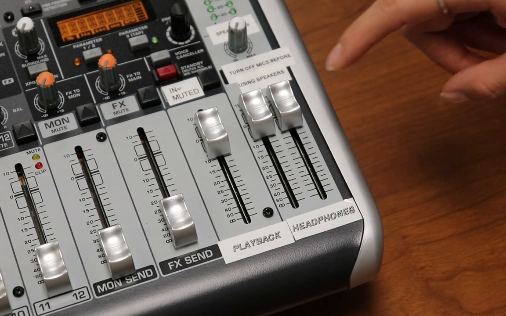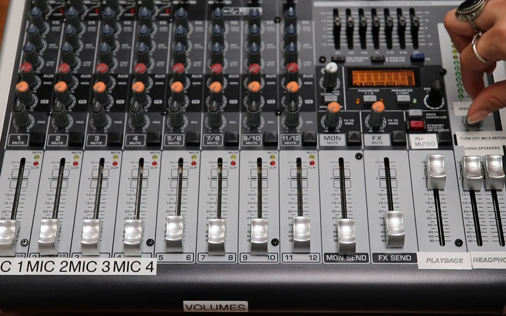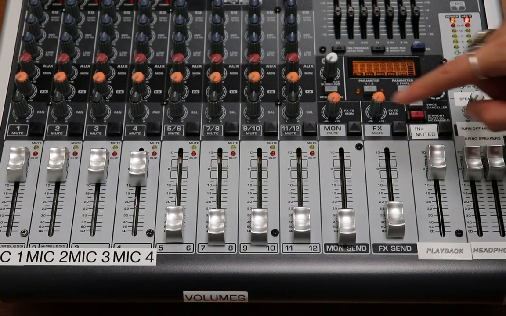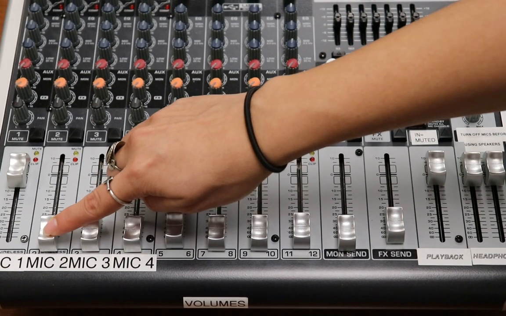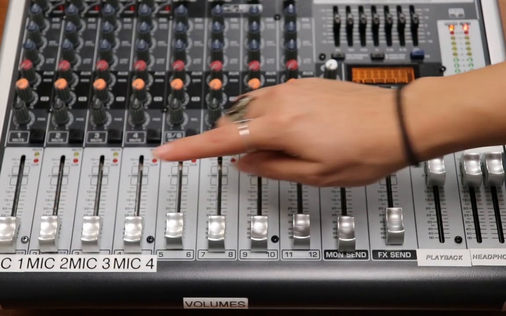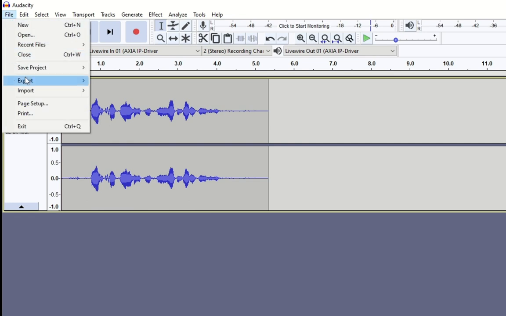If you want to hear your recording through the speakers, in addition to the headphones, you can turn the speaker volume knob up. Just make sure no microphones are on when you turn the speakers on, or you will experience some unpleasant feedback. When you have successfully captured your recording and are ready to save, go up to the File menu